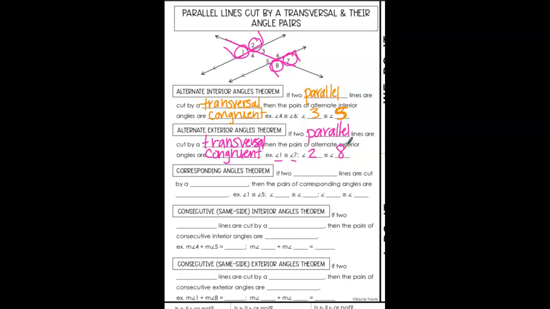Corresponding angles theorem. It states that if two parallel lines are cut by a transversal, then the pairs of corresponding angles are congruent. So again, this is the harder one to imagine. If I cut off that top part and laid it on top of the bottom part, or thought about matching corners, 1 would match with 5,